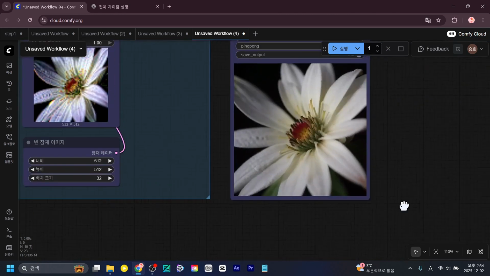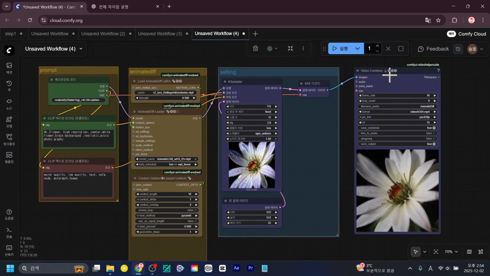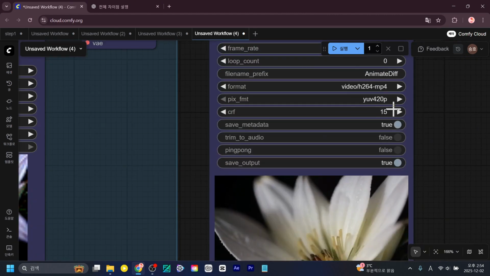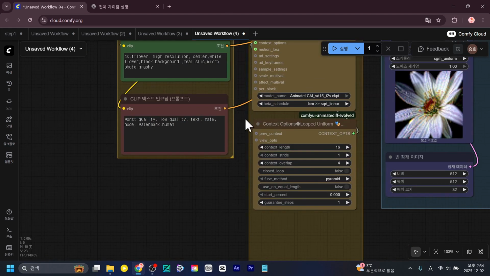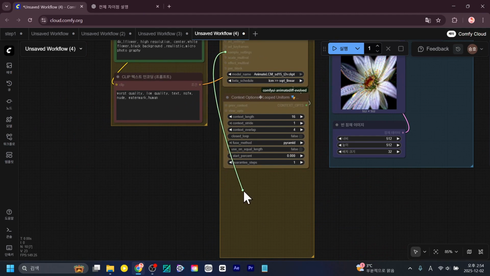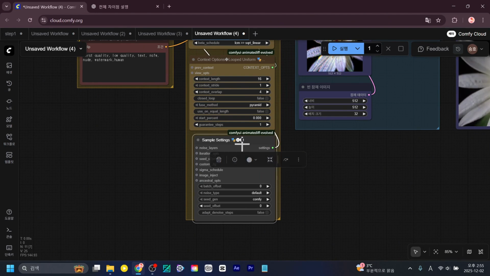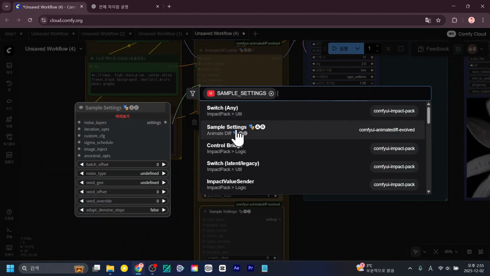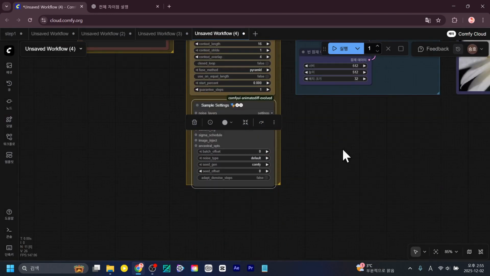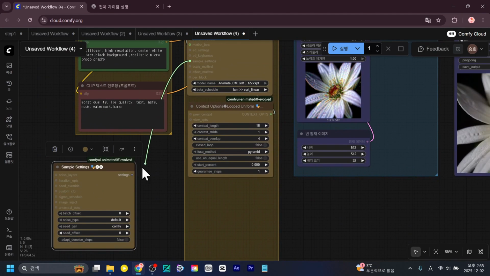Next, in videos, there are also ways to handle noise and things like that. Animate diff is one of the video processing methods, and in a way, CFG was also a kind of video processing method. There are settings for those things, but in the animate diff input slot, you can remove the sampling setting, like this. I'll show you again. This is the sampling setting. It's the primary sample setting. I will now carefully reconnect the green wire and the yellow wire precisely in this manner.